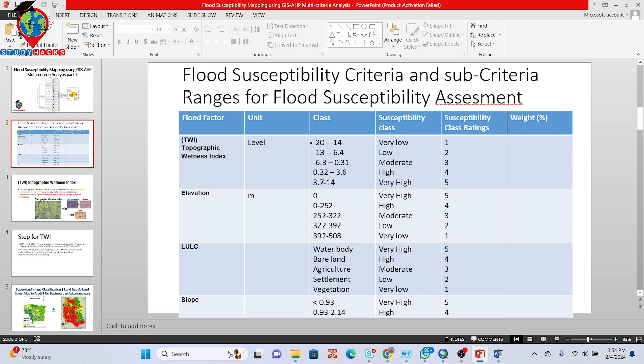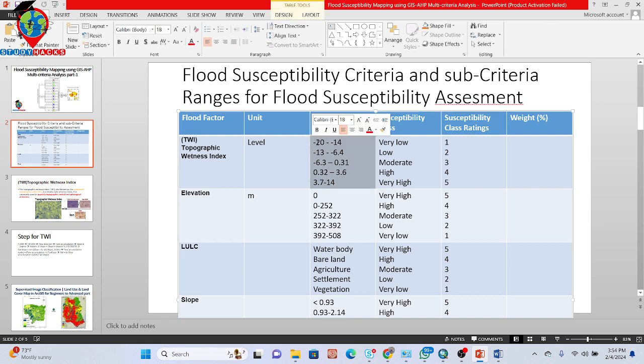This time, we just make some classes. Suppose minus 20 to minus 14, it's very low. Minus 13 to minus 6.4, it's low. Then minus 6.3 to 0.3, it's moderate. 0.3 to 3.6, it's high. 3.7 to 14, it's very high. So basically when I get the very low value, it's indicating the